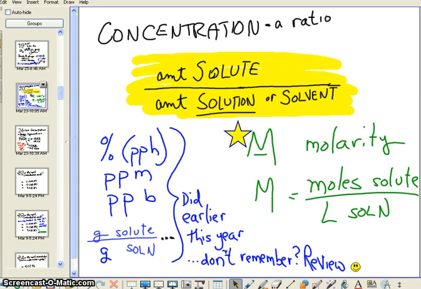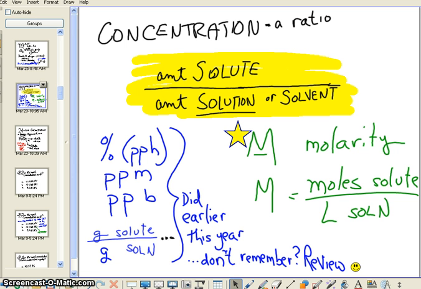So the focus of today's podcast is to help you understand the way to express the concentration of solutions. And earlier this year we talked about parts per million, parts per billion, percent. Those are the types of units that you would see if you picked up a newspaper. But in chemistry, the way that we express concentration is a term called molarity. Now, no surprise, molarity has in the word mole. Okay, we use mole all the time in chemistry, so no surprise that molarity would be the unit that a